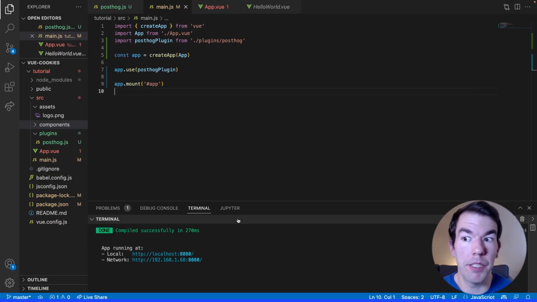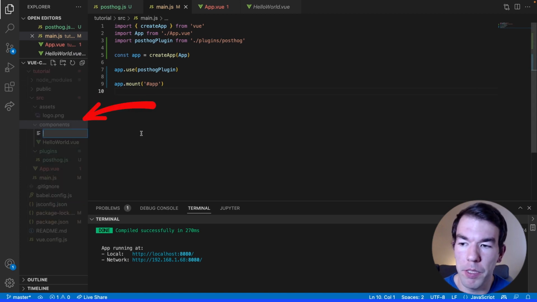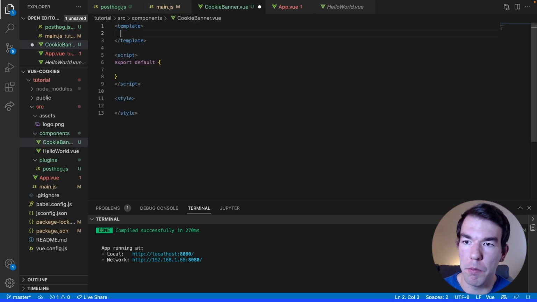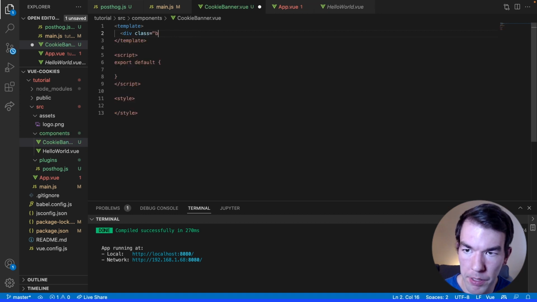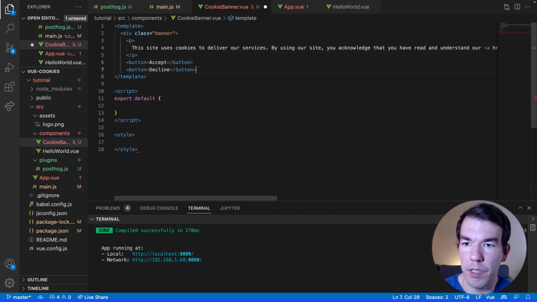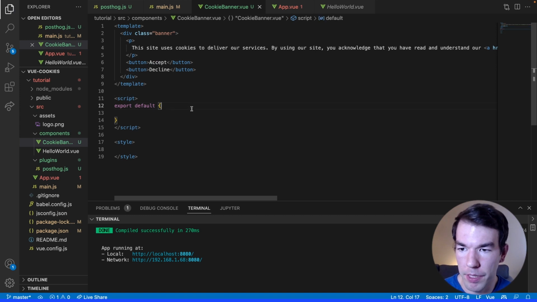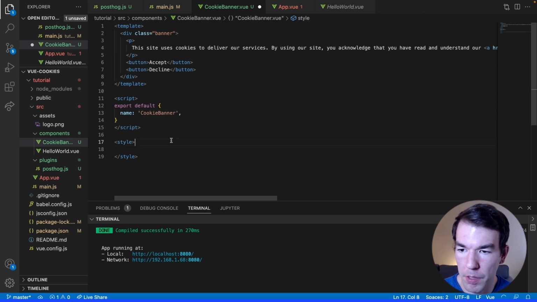The next thing we need to do is actually create the cookie banner. So to do this, we're going to create a new component in the components folder called CookieBanner.vue, and inside this component we're going to just have a div with the class equals banner, and then inside that banner we'll have some wording about using cookies. We'll have a button to accept and a button to decline, and then we'll close out that div. We'll set the name to CookieBanner,